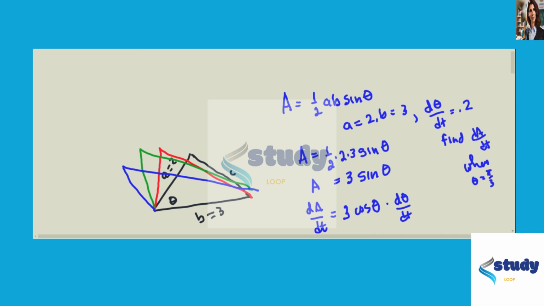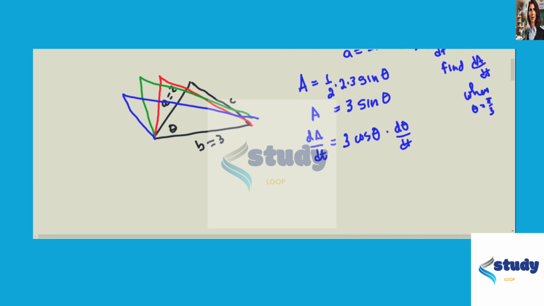Okay, so it's not saying that theta is pi over 3 all the time. It says at one of these instances over here, theta is pi over 3, and at that instant, how fast is the area changing? So just plug them in. 3 times the cosine of pi over 3 times d theta dt, which was 0.2. Pi over 3, that's 60 degrees. That's the square root of 3, 2, 1. So the cosine is 1/2. So 3 times 1/2 times 0.2. So 0.3